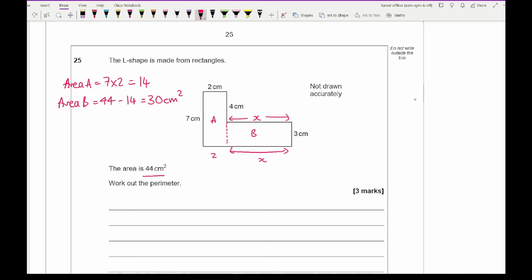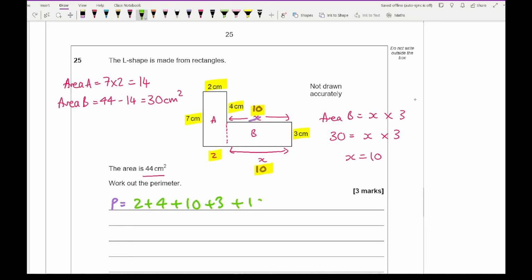So then working out x, the area of B is equal to x times 3. I know that the area of B is 30, and that's equal to x times 3, so x must equal 10 centimeters. Then on the diagram, I can swap x for 10. Then to work out the perimeter, all I've got to do is simply add all the lengths together. So if I do 2 plus 4 plus 10 plus 3 plus 10 plus 2 plus 7, I should come out with the correct answer of